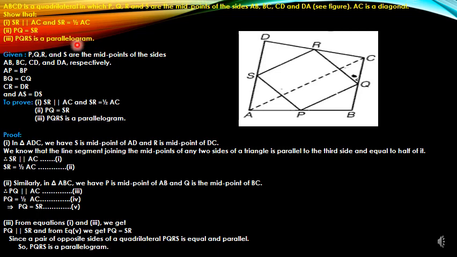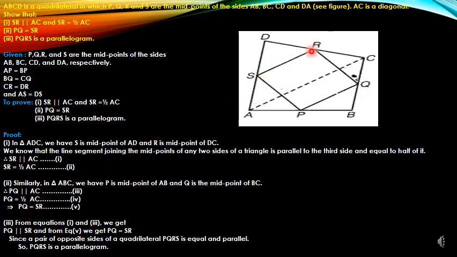Now we shall move on to the third proof. Now observe all these 5 equations. We have PQ parallel to SR and PQ equal to SR, isn't it? Because SR is parallel to AC. Similarly, PQ is also parallel to AC. All those we did in these two proofs. So, SR is parallel to AC, AC is parallel to PQ. Since AC being the common parallel line for both SR and PQ, you can say that SR is parallel to PQ. Already we have proved that PQ is equal to SR.